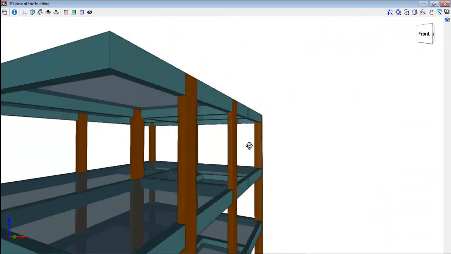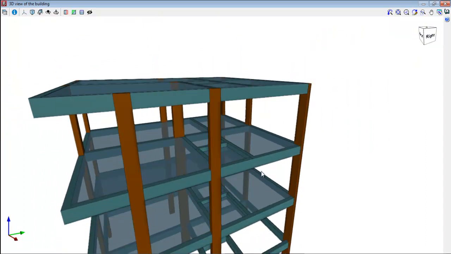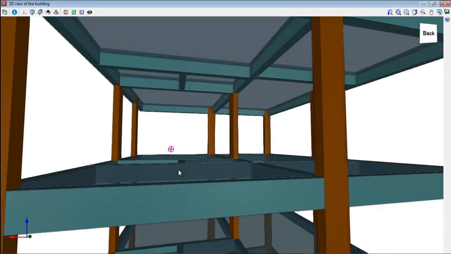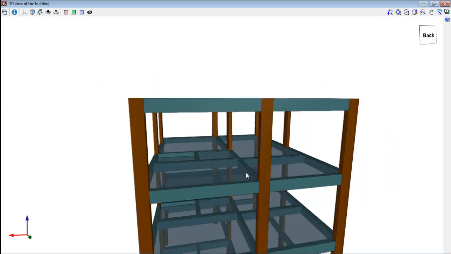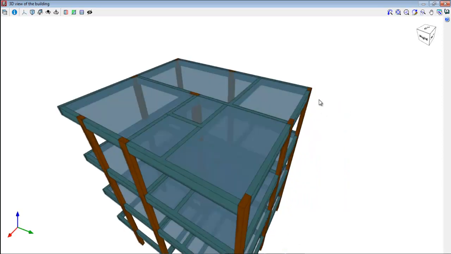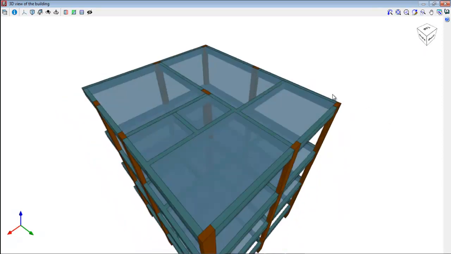Okay, and now coming to this type here, see here we have a continuous beam. See, there is a support here, here and here, and this beam is continuous over two or more supports. So this is a continuous beam, and in that, wherever we have a column support, we are getting the negative bending moment or hogging bending moment.